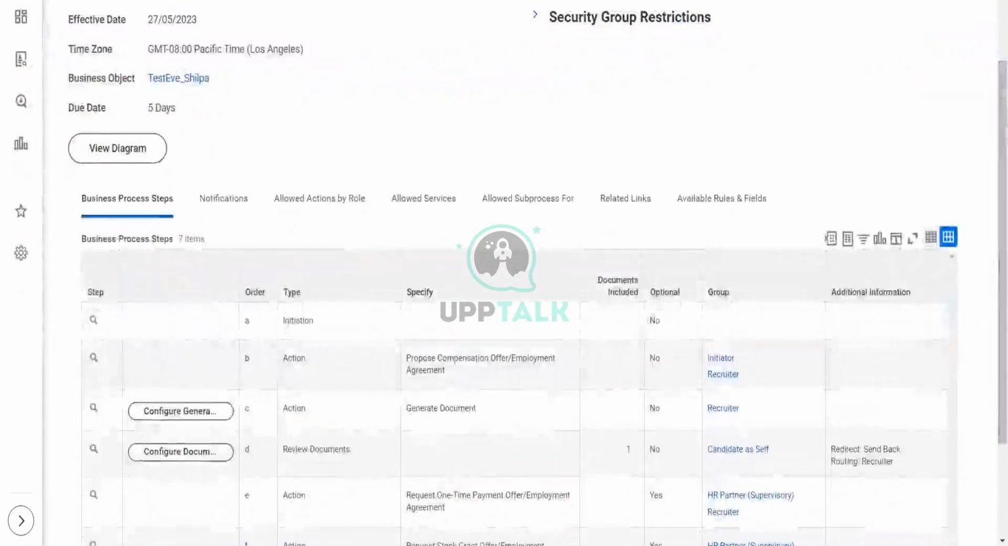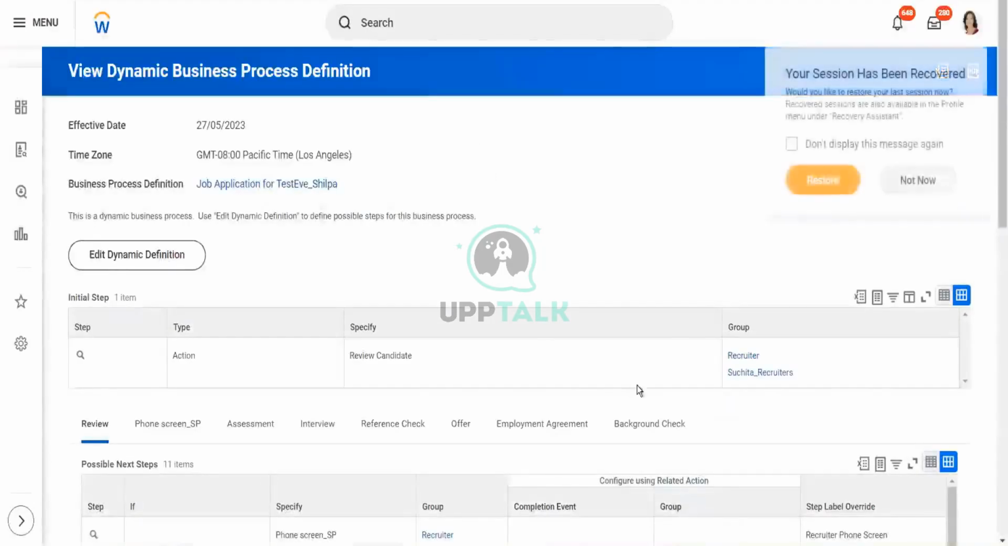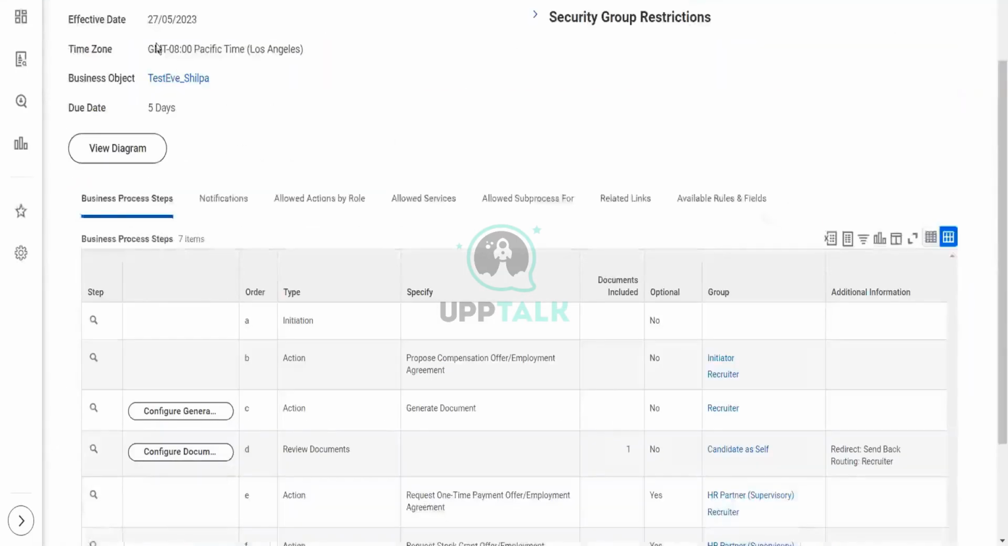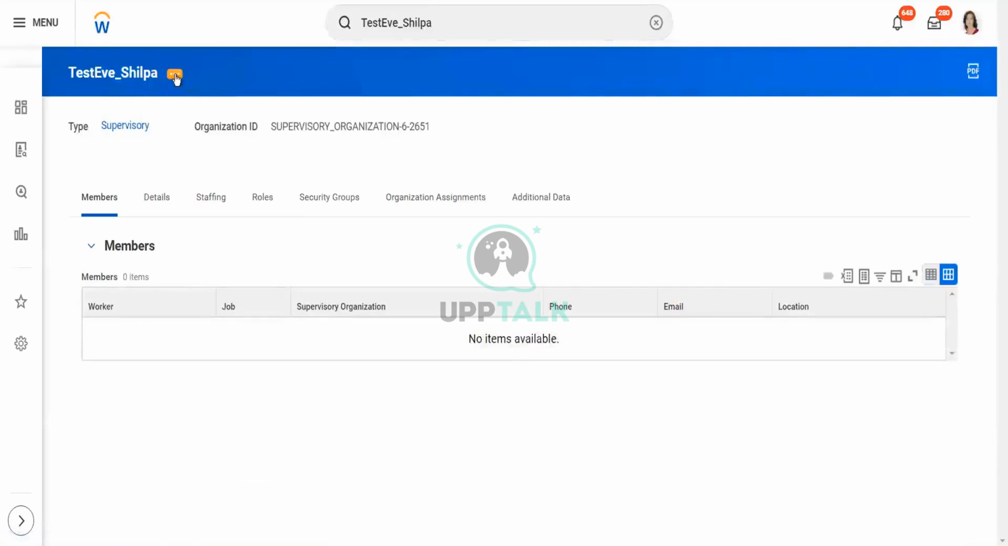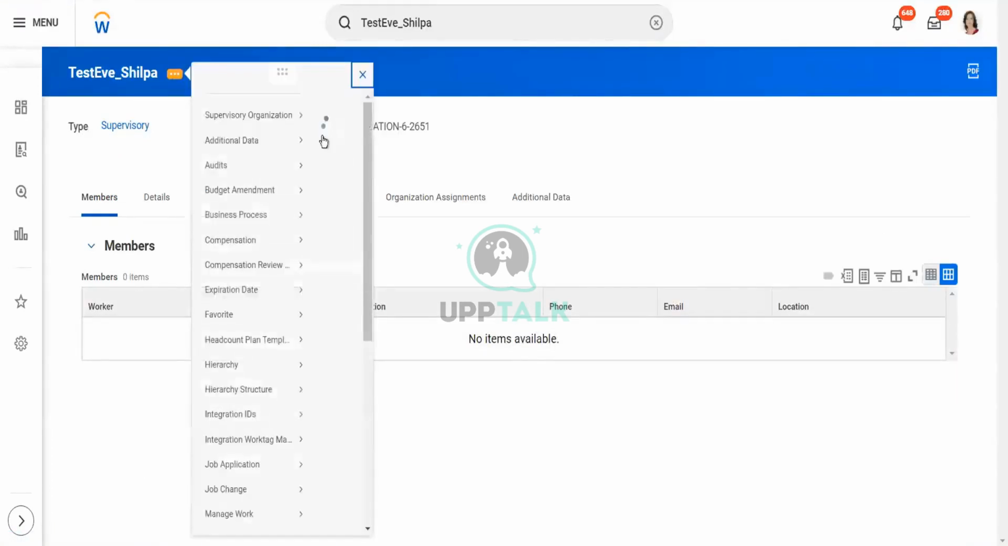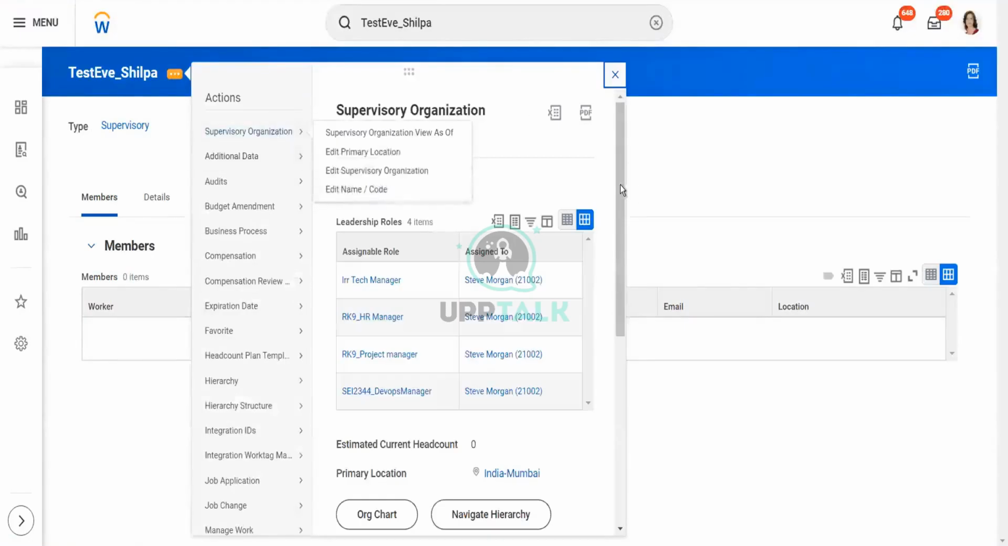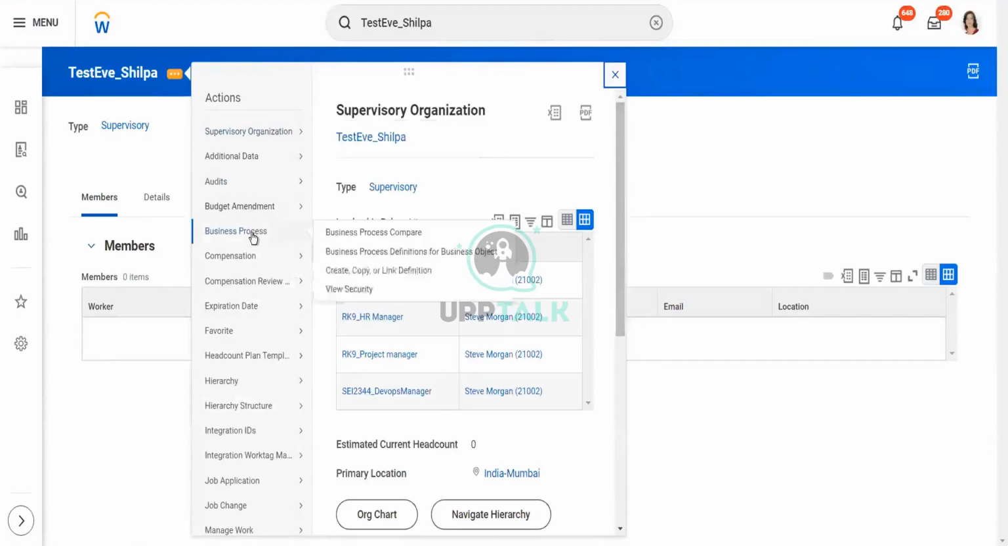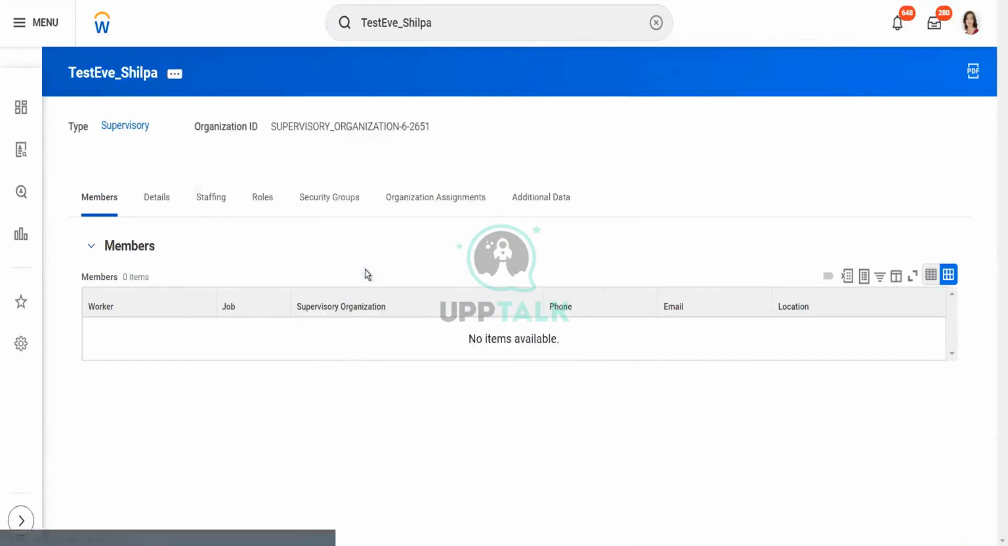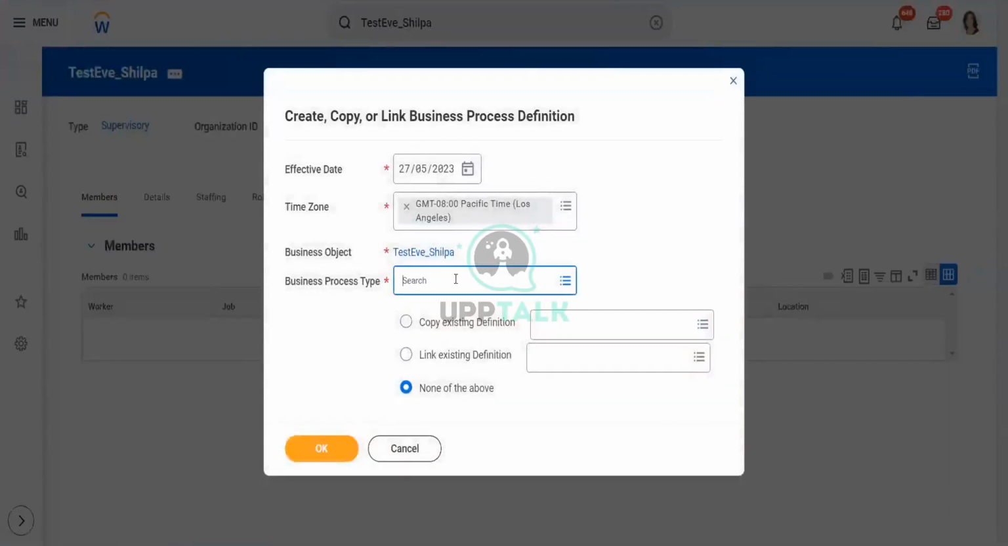Then comes the next stage of employment agreement. Employment agreement is something which also includes a lot of documents, but we don't configure it the way we configured it for offer. It relates to the terms and conditions and policies of the company. Well, just click on create. And I need to type in